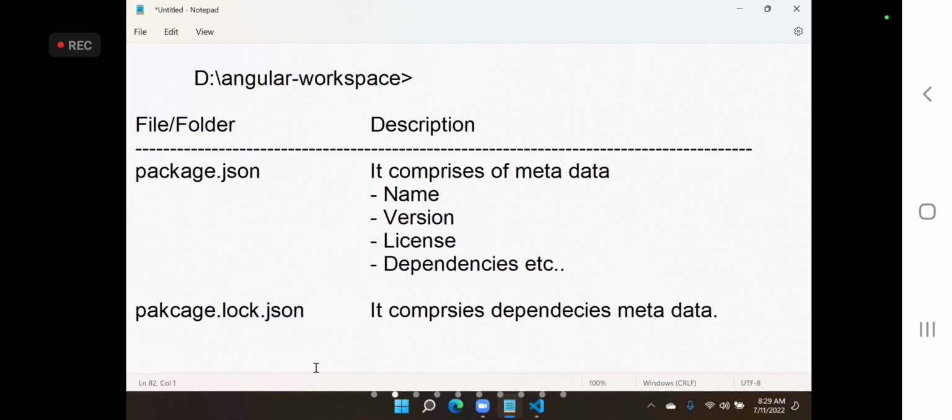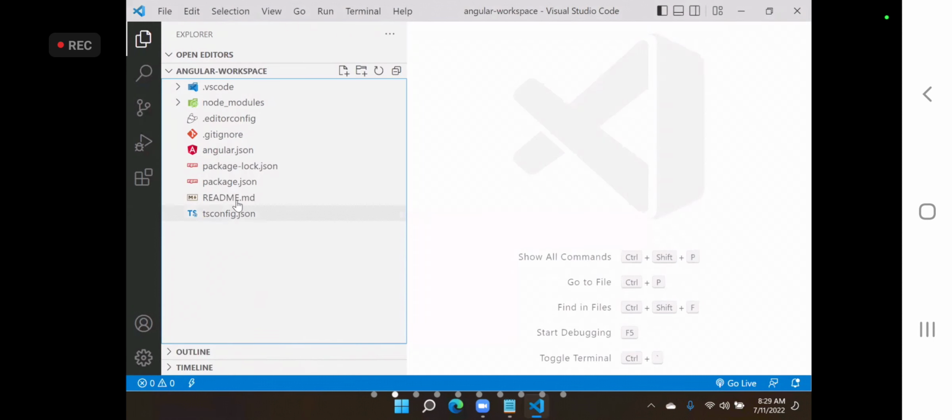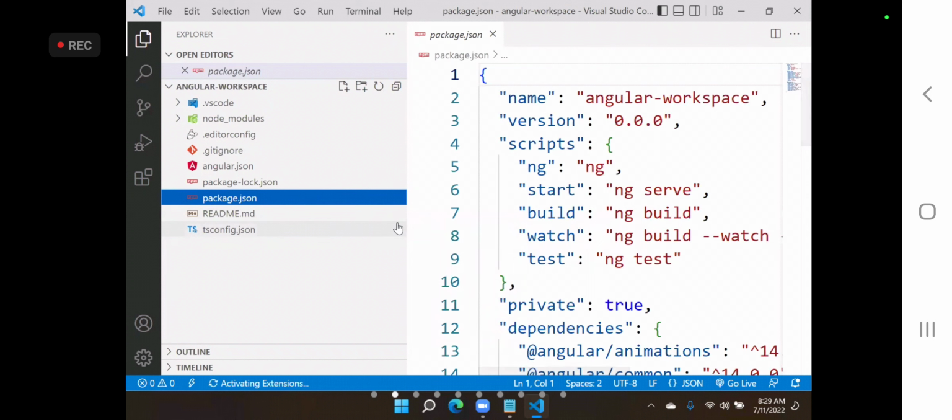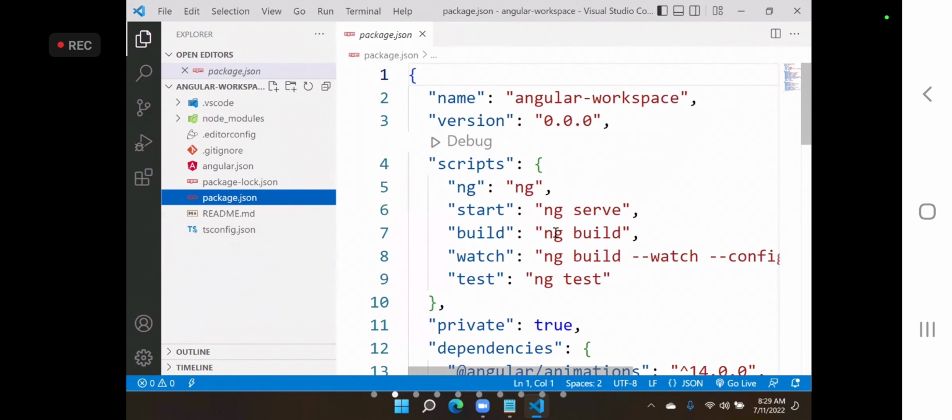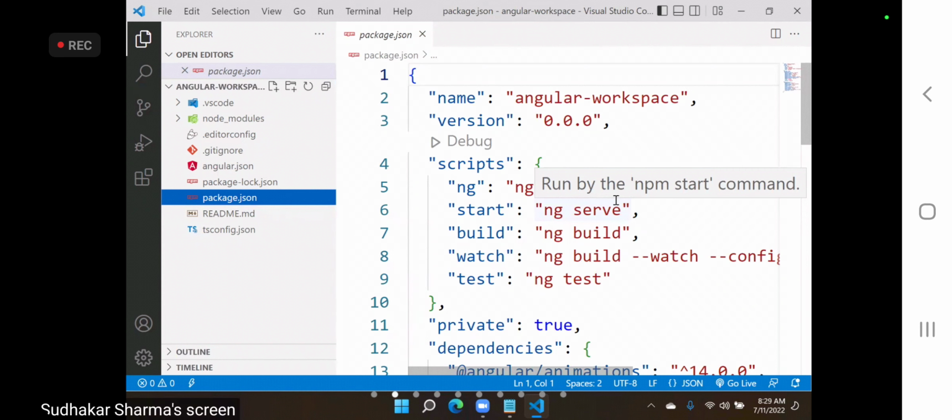You can see this information in the package JSON. Remember, this is just up to the current situation. Later, when you add more libraries to a project, this will keep on updating. It changes regularly.